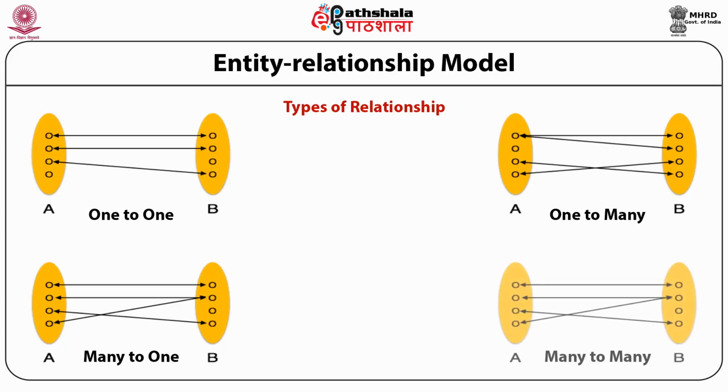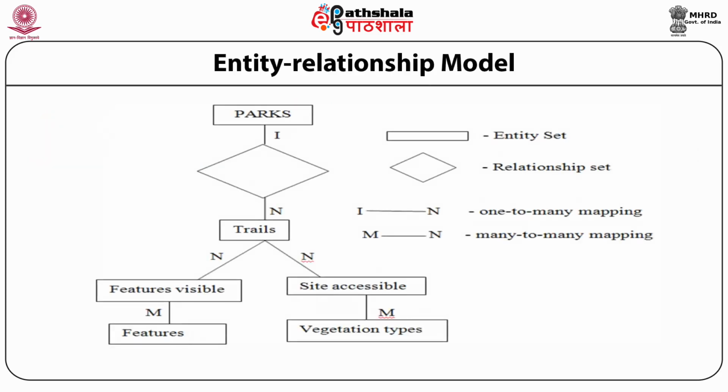The last one is the many-to-many relationship. That means one entity is related to many entities of set B, and many entities of set B are also related to many entities of set A. So in this kind of relationship, many elements of set A are related to many elements of set B. This is a diagrammatic representation of the entity relationship model,